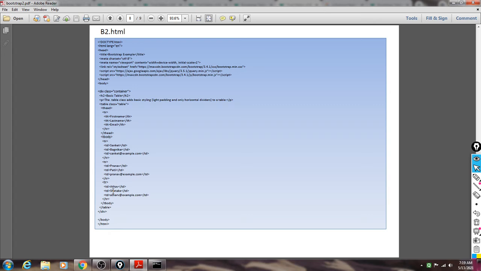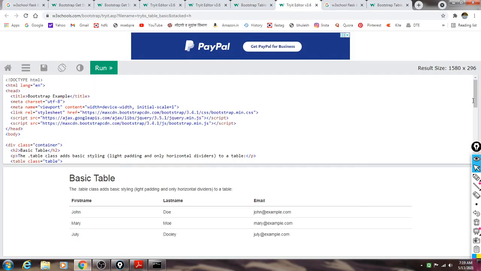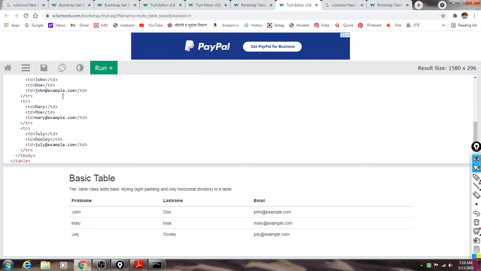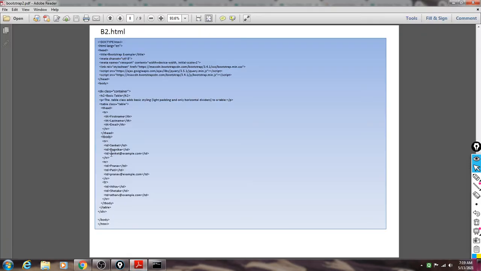So the same script is there, only I changed the data. Here the data is present like this. Look here, something like John Doe, john@example.com. Here I used this data. So I have copied that script from that website to our HTML script. I changed the data, whatever data I want to put in the table, I changed that, and we can execute this.